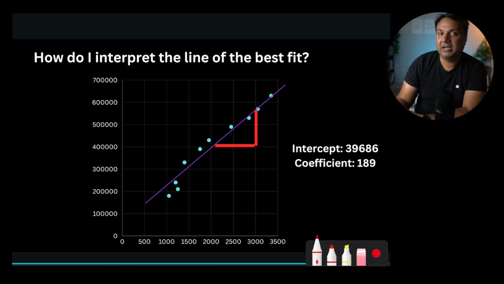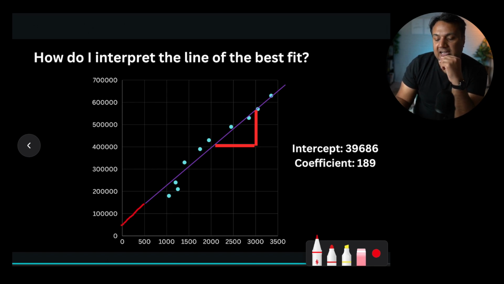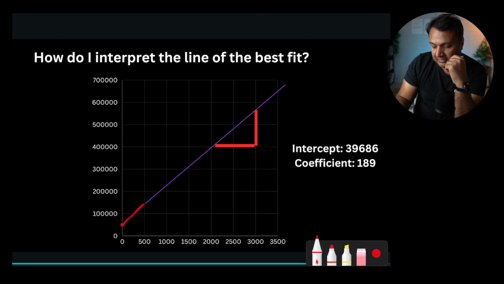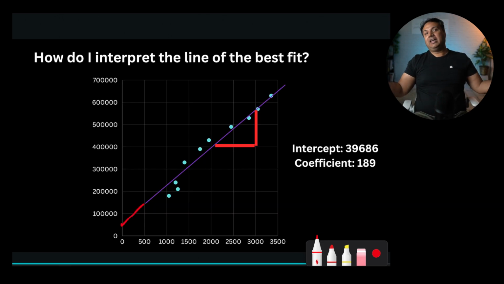But mathematically, we basically look at two things. One is the intercept. Intercept is what you get if you extend this line all the way to 0, which in this case is basically to say, what will happen if a house has 0 square feet in it. Now, of course, it's not possible, but what is sort of the baseline? If there is no area, then what is the price? And this gives you the intercept. And in this case, we can see that the intercept is 39,666, which is to say that if the house had 0 area, then that would have been the price.